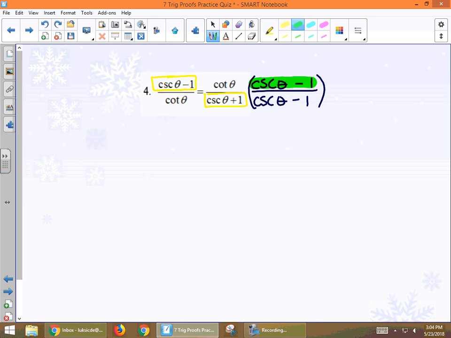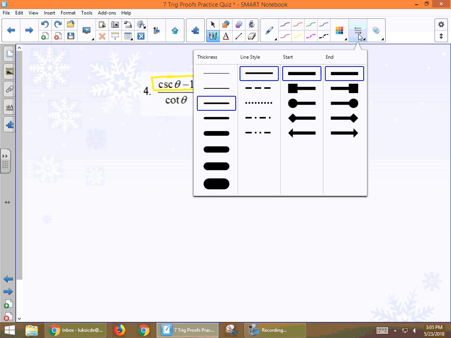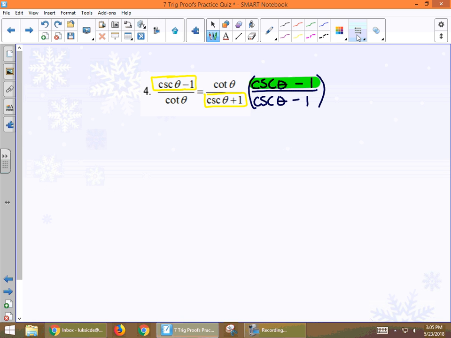This cosecant minus 1 in the numerator is part of my goal, right? It's on the other side of the equal sign. So I'm going to leave that alone. I'm not going to multiply that in. I'm just going to work with the denominator, and I'm going to try to get the denominator to match the other side. So I'm going to see if I can turn that denominator into cotangent. That is a single cotangent. That is my goal. So leaving the top the way it sits,